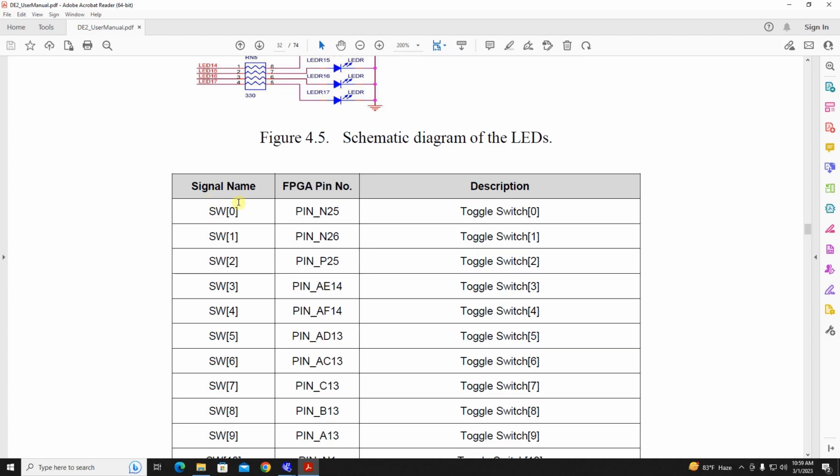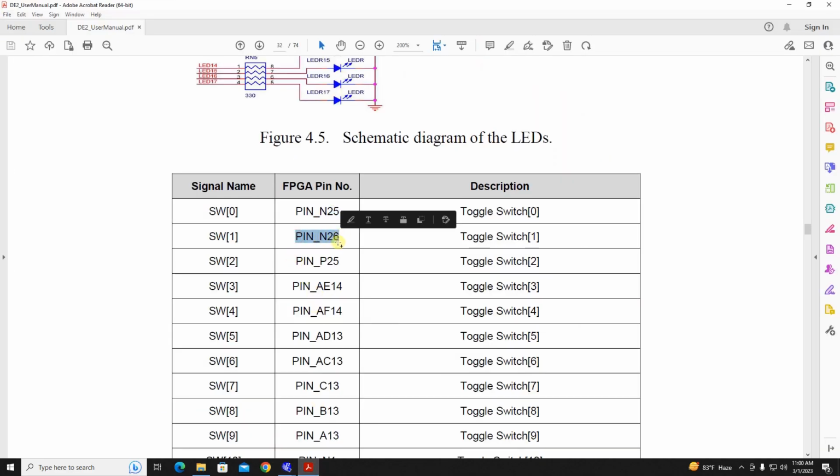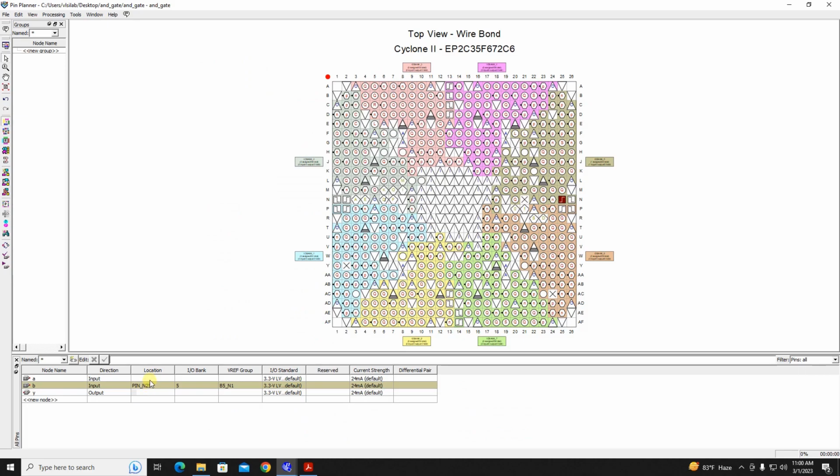SW0 is used for input B and SW1 is used for input A. Just copy the pin number of SW0 and paste it to the location of variable B, and pin number of SW1, PIN_N26, copy and paste it to input variable A, and the output Y